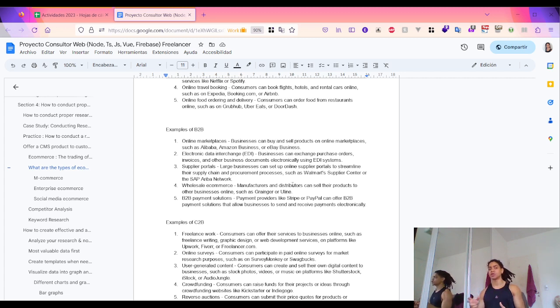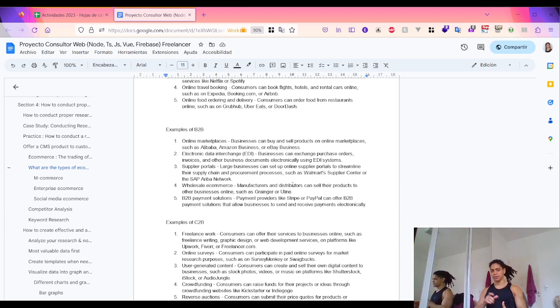user-generated content, where now consumers can sell their audio, video, and image to Shutterstock, for example, or Envato, the AudioJungle from Envato, and in a reverse auction, consumers can submit a price quote for goods provided by this business. Then I look at now the relationship of the government to business, such as public procurement